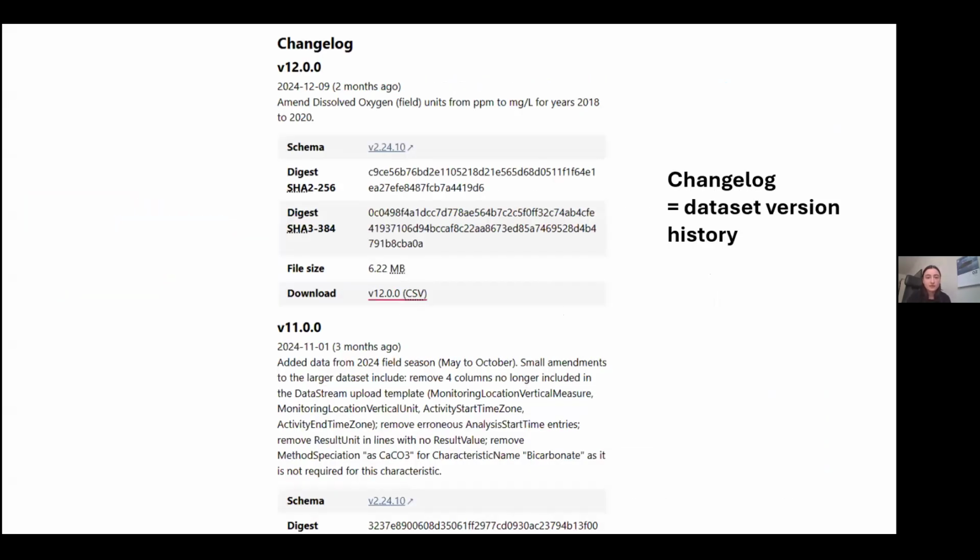So as I mentioned, the changelog is basically the dataset version history. This is a section on your dataset metadata page. Again, this is just a detail that I'm bringing up, but you'll see here the history of all the changes that you've made to your data set. So you can see this is, again, EOSeco Energy's data set where they've described their changes each time they've made some. So for example, in version